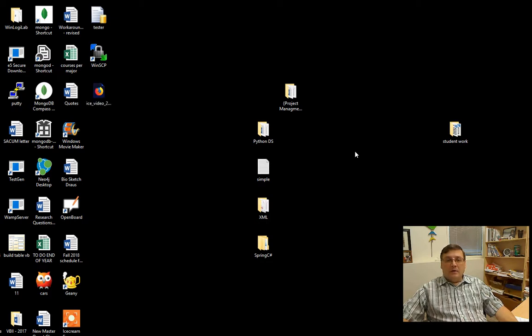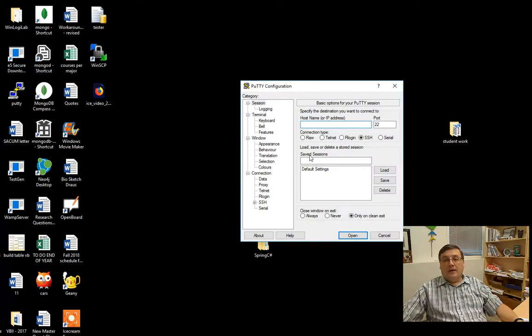Alright, so I'm going to give a little demo of working in our version of Oracle and SQL. So the first thing I want to do is connect to the media web server. So I'm going to start PuTTY, and I start PuTTY, and this is what you should get if you type